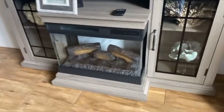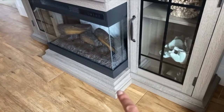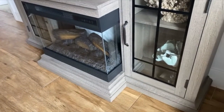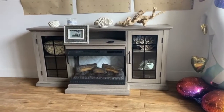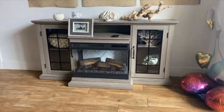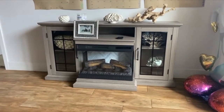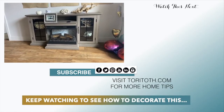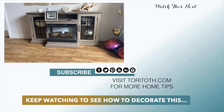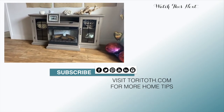And I also like that it does, like I said, it comes out from the media center essentially. So no matter if you're sitting on either side or right directly in front of it, you basically get to see the fireplace. Anyway, I was debating whether or not I wanted glass cabinets on either side of this thing, because number one, I don't like to have clutter on display. And number two, what do you put in these glass cabinets? You really